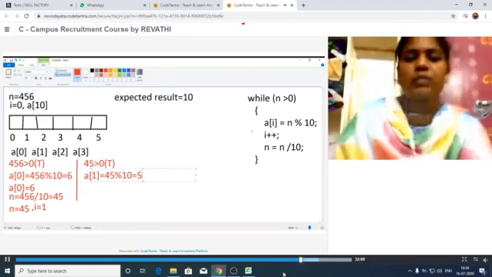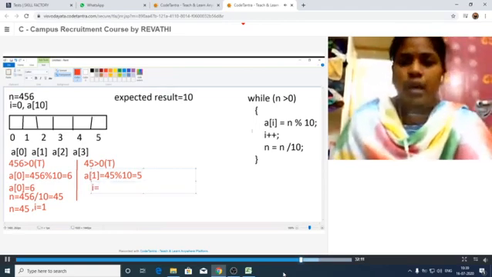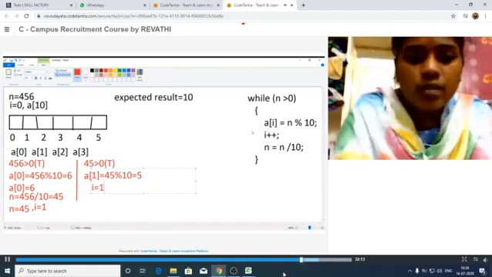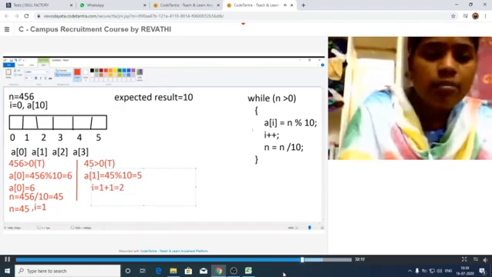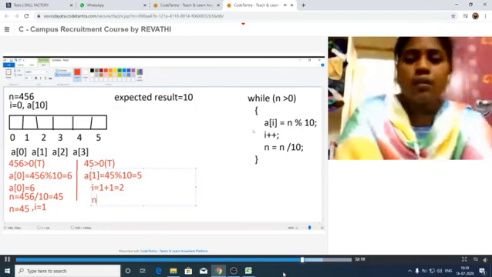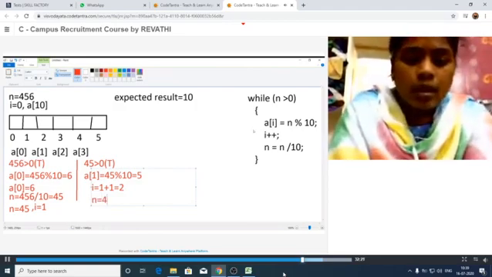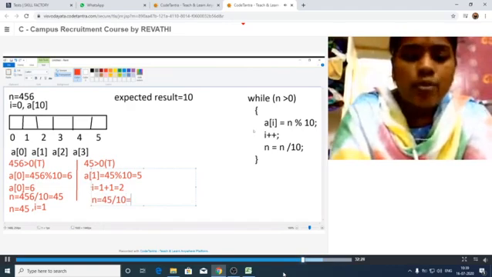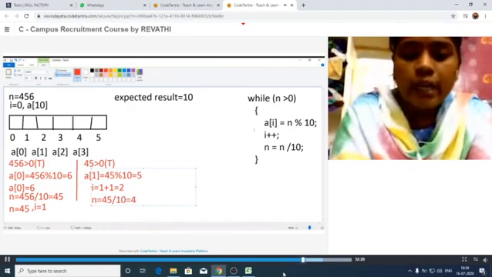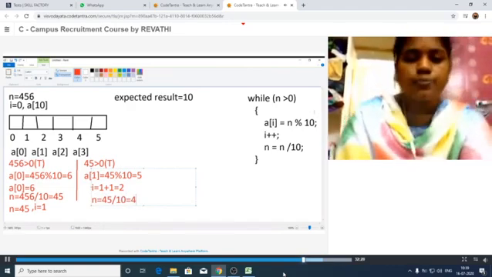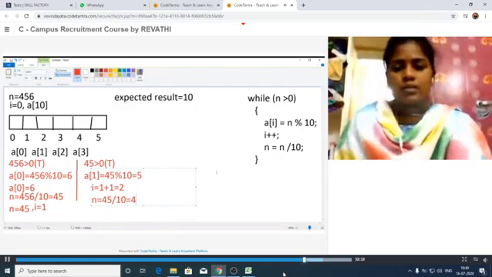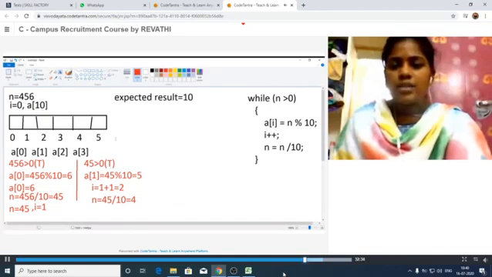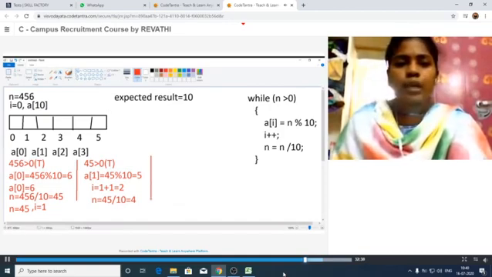After that increment the I value, I is equal to 1 plus 1, that implies 2. Then divide the n value, n is equal to 45 by 10, that implies 4. Okay. Next, again check the condition. We have to continue this process until we get 0. Now checking the next one.